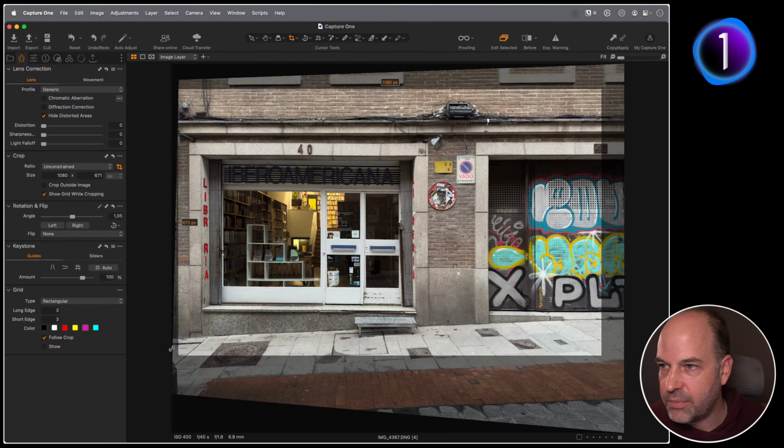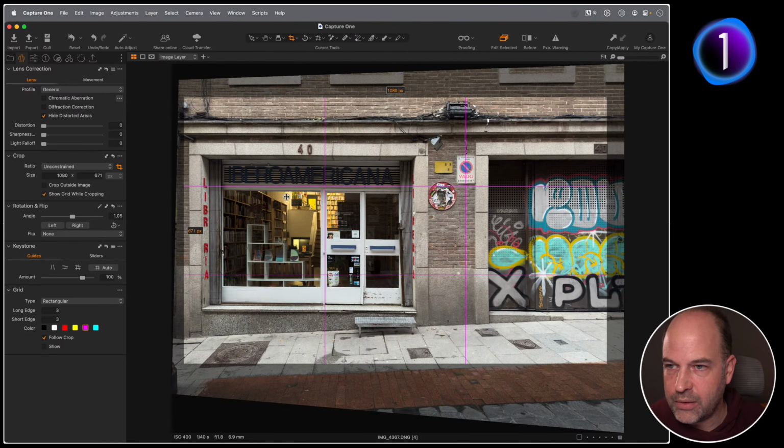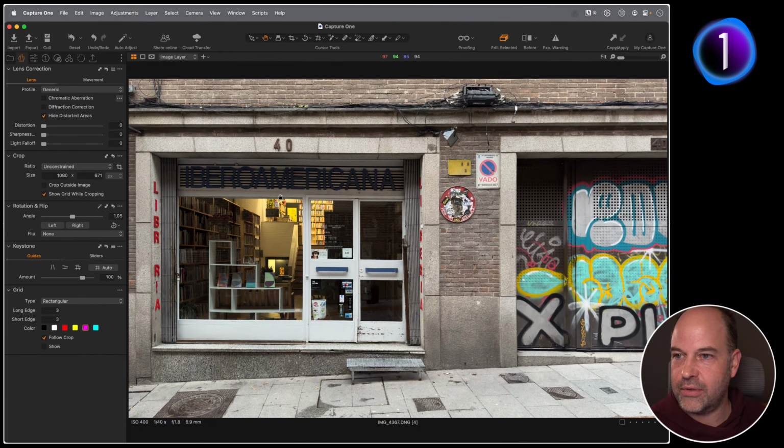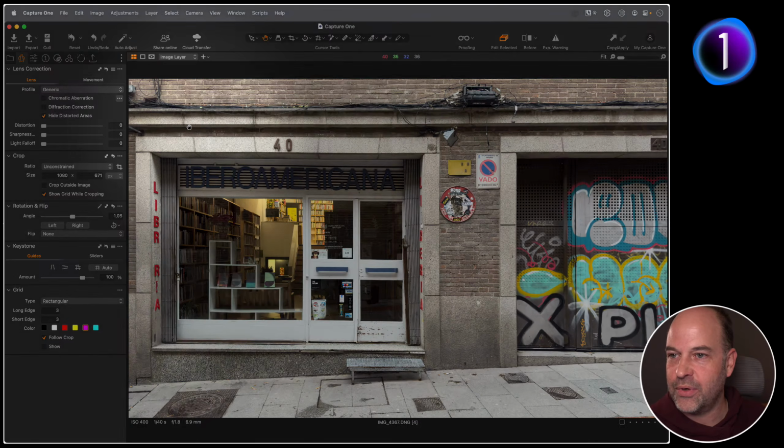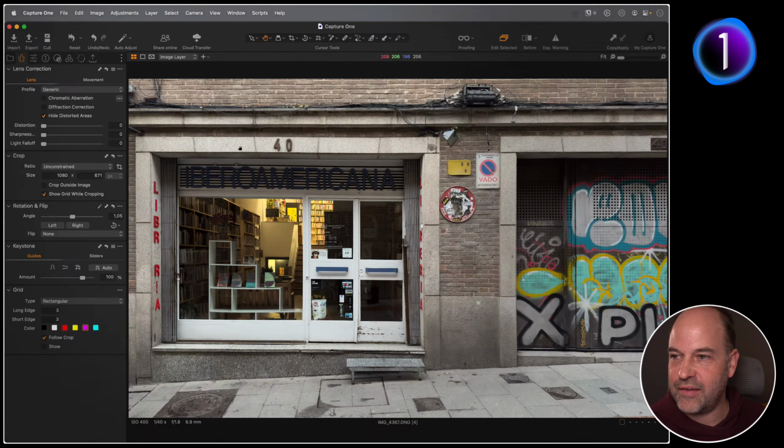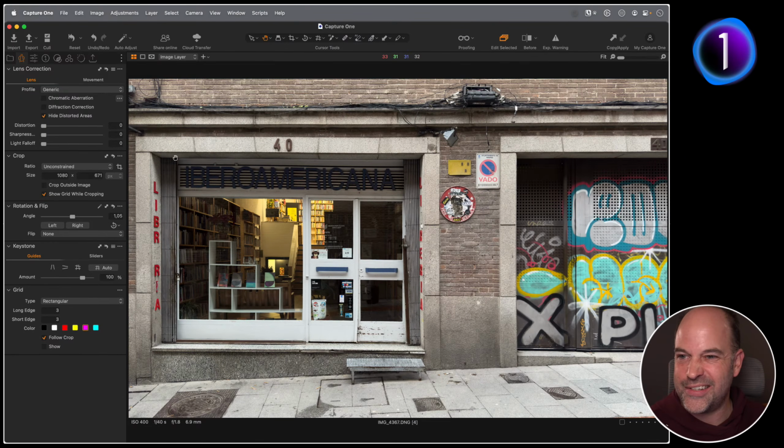So let's just crop this a bit more how I probably would, like so. It doesn't look quite right, mostly because even though this part is straight, this bit of the wall, as it's an older building and so on, isn't actually that straight. And what I kind of want is this aperture to be the square bit. So it's pretty easy to fix.